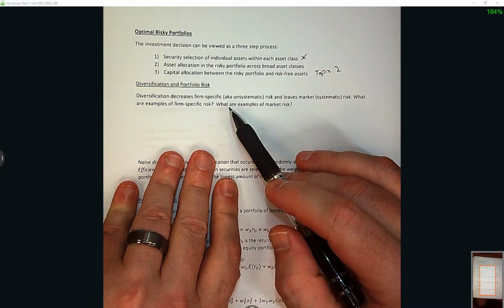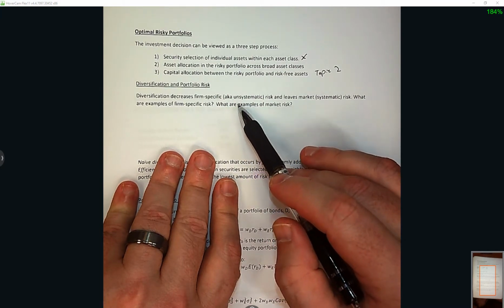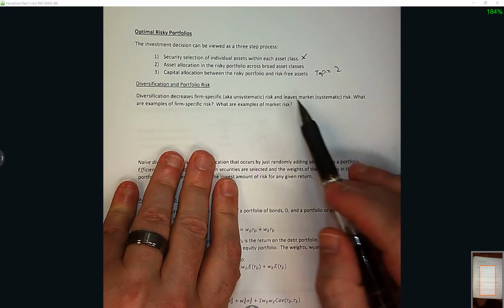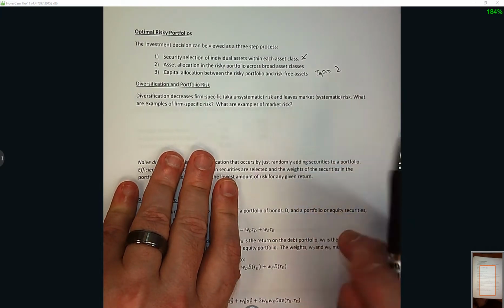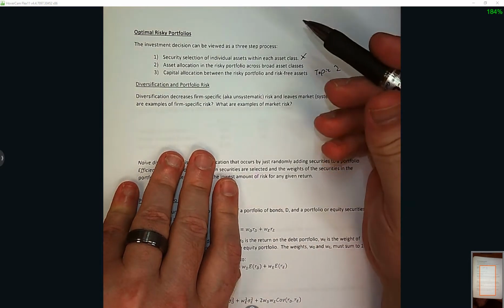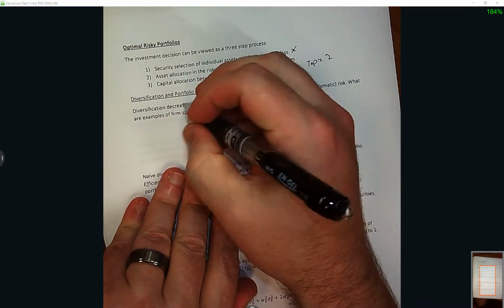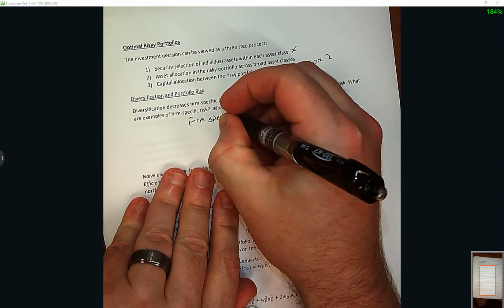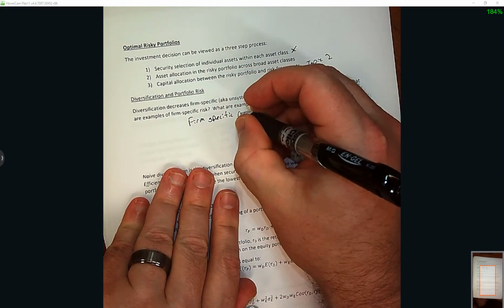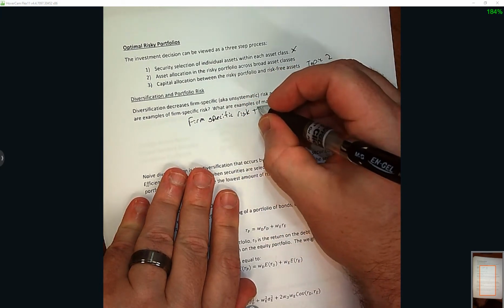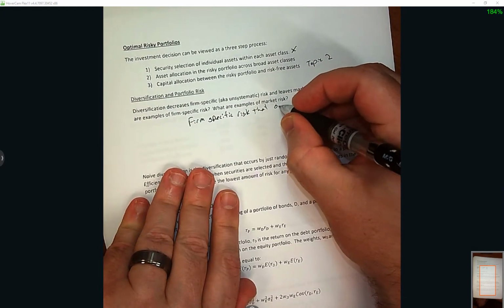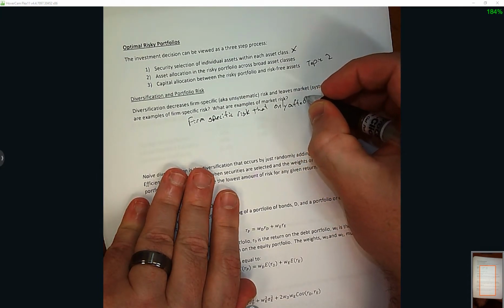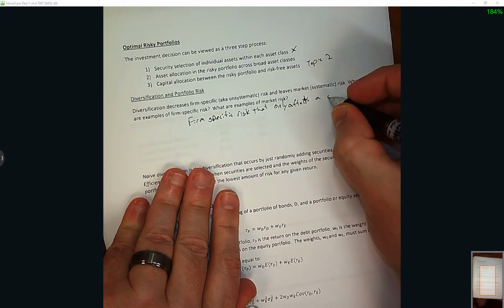Diversification decreases firm-specific, aka unsystematic risk, and leaves market systematic risk. What are examples of firm-specific risk? What are examples of market risk? So a firm-specific risk is a risk that only affects a specific firm